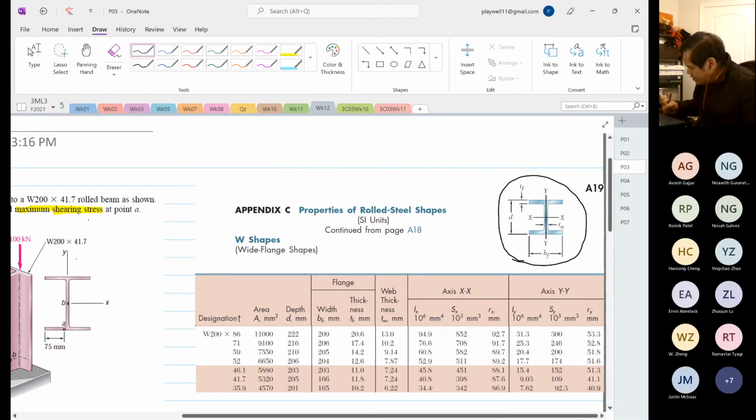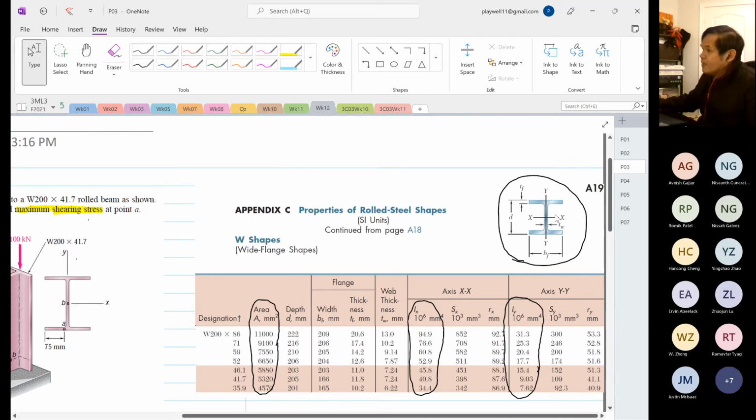Why? Because we need all this information over here, and all this information is relative to the data that is given to us. We need area, we need everything. We are not going to calculate. We need everything. Okay, so given that the horizontal and the cross section is X, and then this is Y,